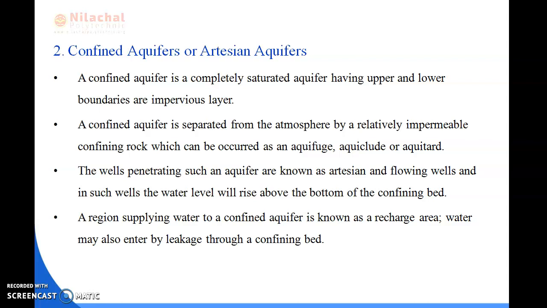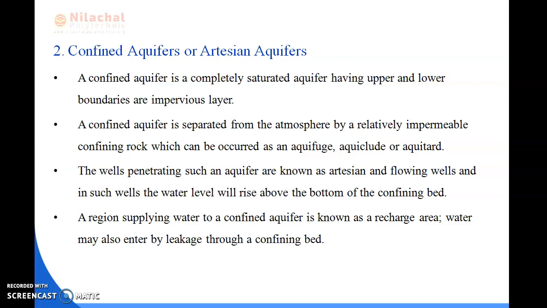The wells penetrating such an aquifer are known as artesian and flowing wells. In such wells, the water level will rise above the bottom of the confining bed. The region supplying water to the confined aquifer is known as the recharge area, and water may also enter by leakage